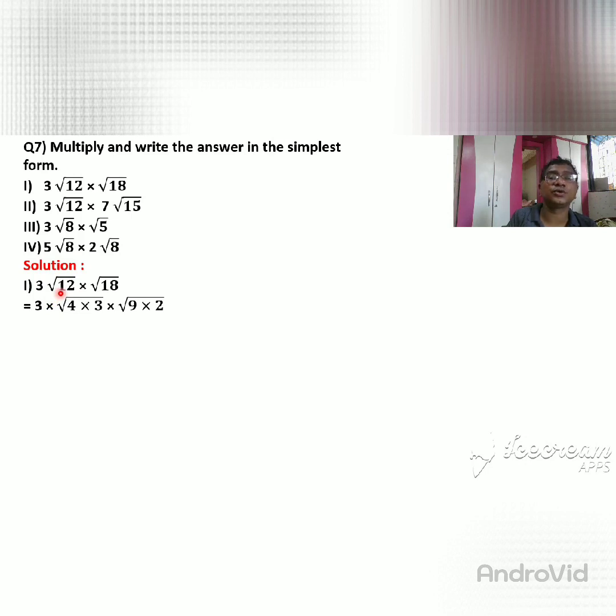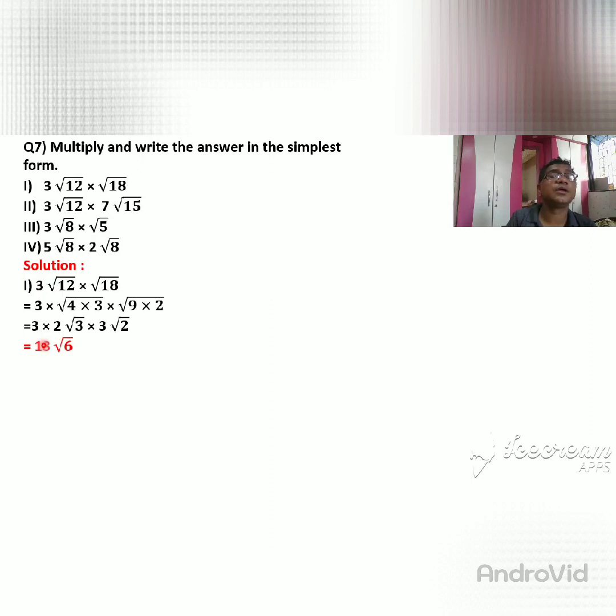It is 12. So that 12 is factorized: 4 times 3 is 12. Okay. Then 18 is factorized: 9 times 2 is 18. Why 4 times 3? Because you get the square root of 4, that is 2. You get the square root of 9, that is 3. So see, in the next step here, 4 square root 2. So 3 into 2. What remains in the root? Root 3. So here I write root 3. 9 times 2 is 18. So 9 square root is 3. So I write here 3 root 2. So 3 times 2 is 6 root 3.